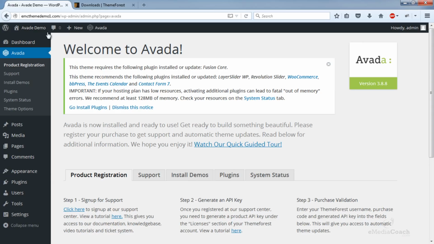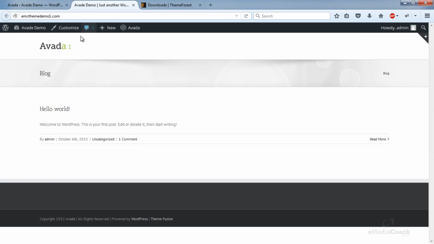Cool, so that's all done. And to show you what your website looks like right now, you can actually go and visit your website. And there it is right there. We've installed the Avada theme onto your brand new domain, and you're on the way to creating a new website. Now the fun part begins. I'll show you how to set up everything on your website, including the homepage, the contact page, adding a logo, and everything else you need to know.